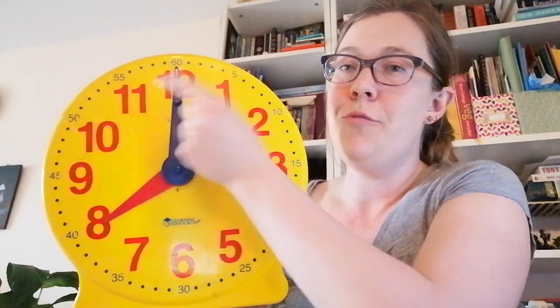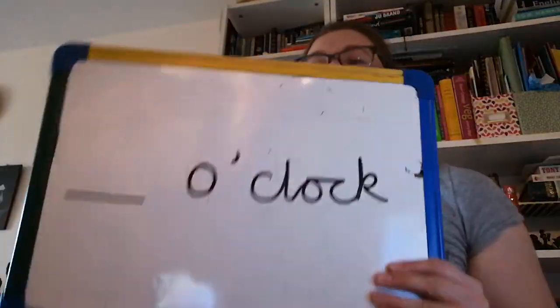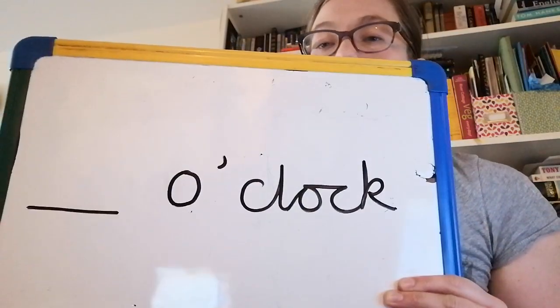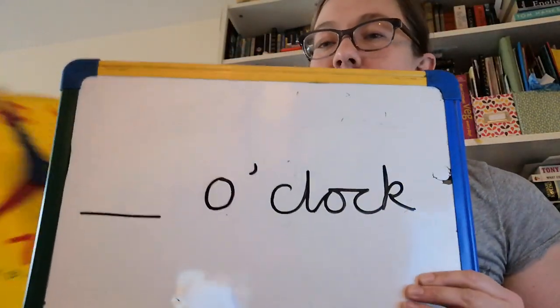So let's have a look and see how looking at this clock can help us tell the time to the nearest hour. So if you have a look at my clock now, whenever the big hand is pointing right to the top, pointing to the 12, that is an o'clock time, and I've written that here so that you can see o'clock, and I've written a line, and on that line is where the number of the hour is going to go. So let's have a little look here,